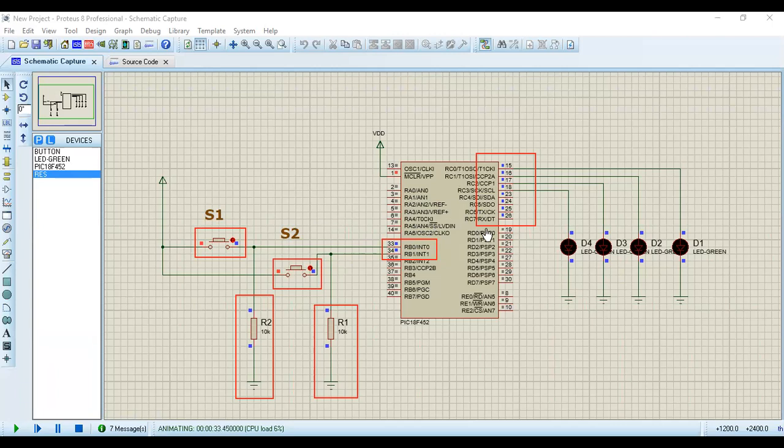Whenever I press S1, it will send a high signal to RB0, and it will be considered as entry to the room. So let's say we press S1. See, as I press this S1 push button, which is simulating sensor 1, it sends a high value to RB0. And what happened? Port C is incremented, and now we have a value 1. So there is one person present in the room.